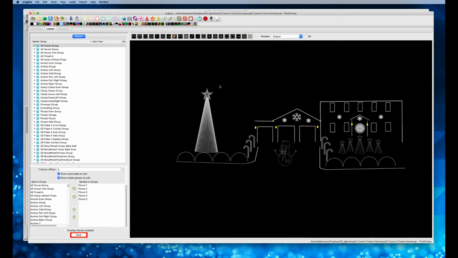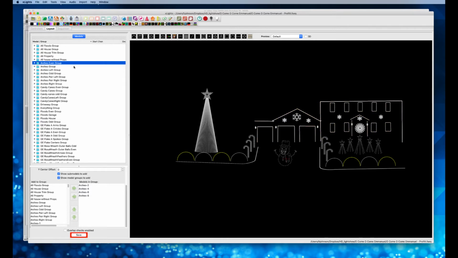So here we are at the Fairy Pixel Dust house, and we're going to start by going through the groups here. Here we have the All Floods group, and you can see on the right we have all the different highlights of yellow of what is actually in that group. So we've got some floodlights in there. Here is the All House group highlighted in yellow. The all trim group, so we've got just for the house all the different pieces of trim, the entire property without the chroma snowman. We then have the all house without props,